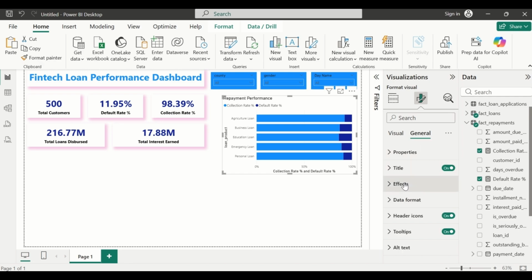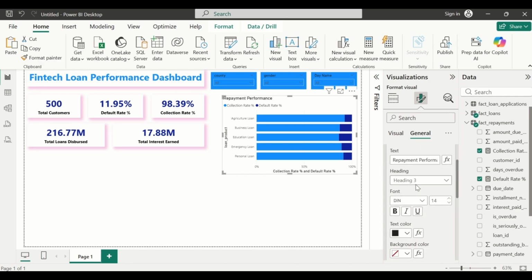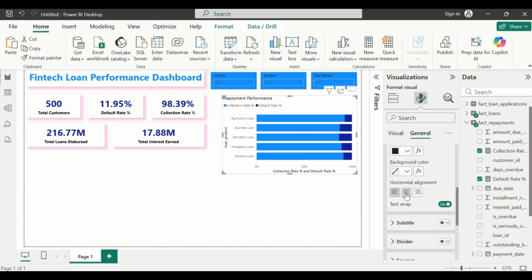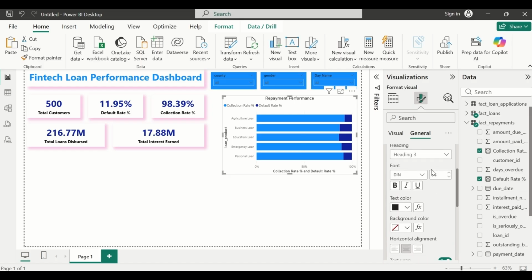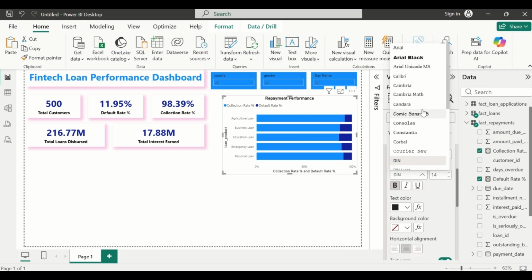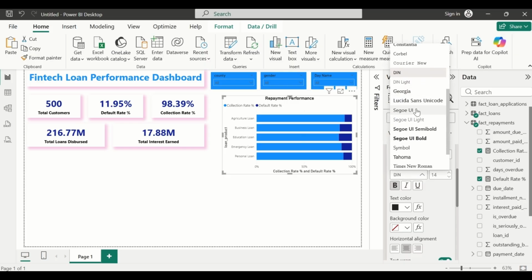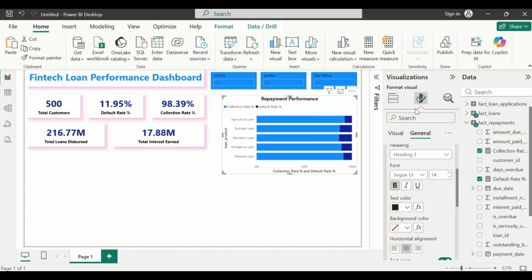And then we can put it at the center, and make it bold. Yeah, and then